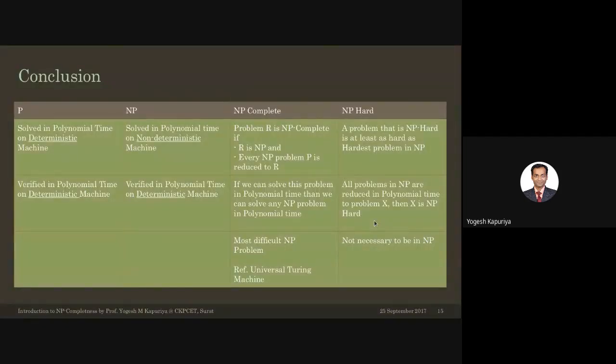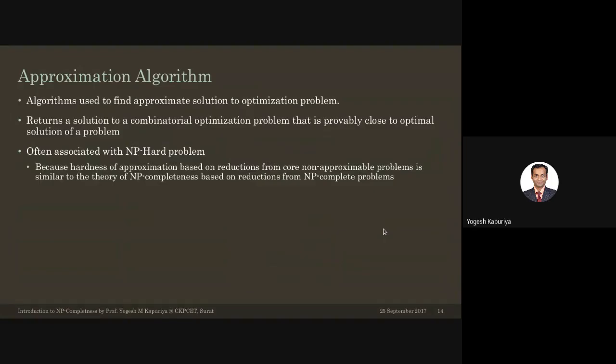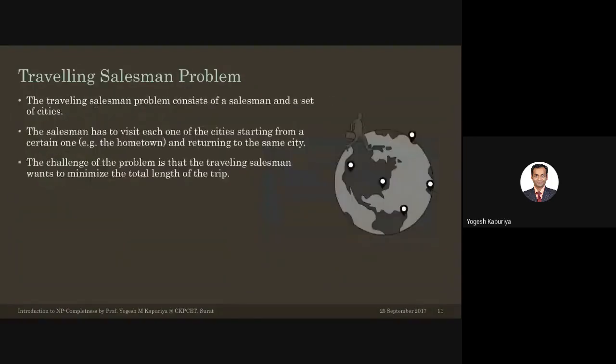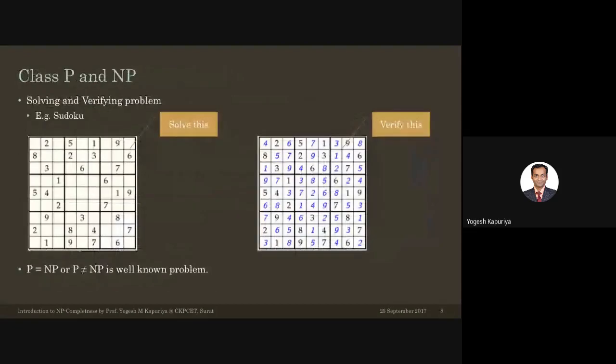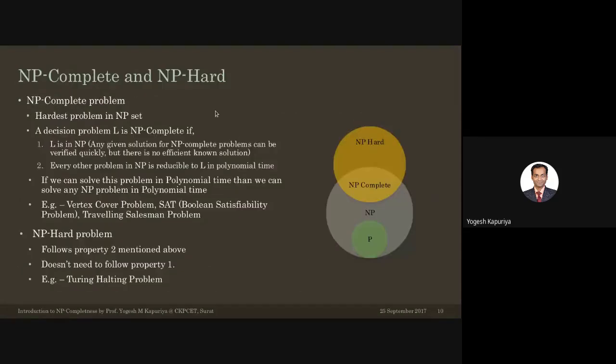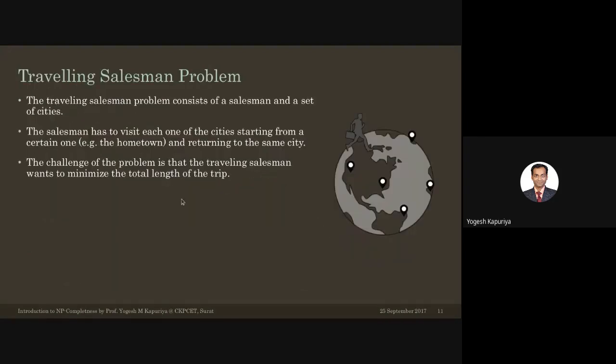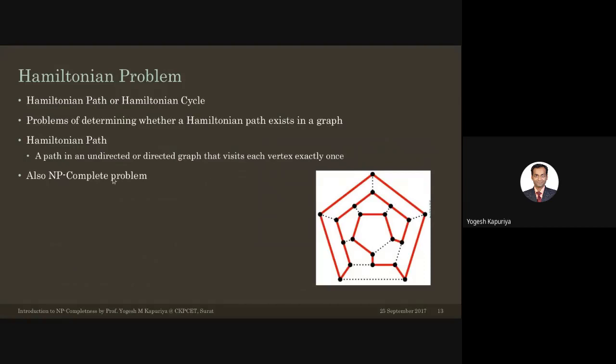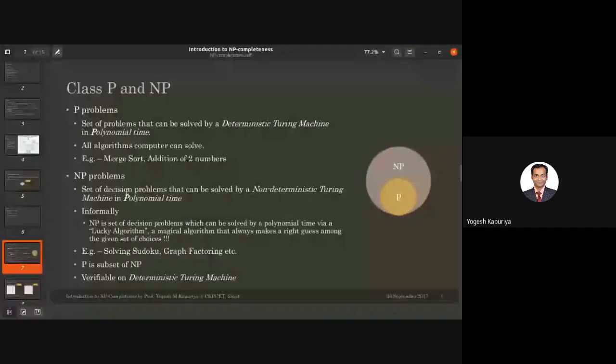Okay, that's it for this chapter. I think as I told you, it's basically a theoretical concept which I wanted to just give a glimpse of. From an exam perspective, you may be asked to have conceptual clarity on all this, or you may be asked to explain what is the traveling salesman problem or what is the Hamiltonian problem. But just explanation, no solution, because there doesn't exist a solution to these problems. Right?